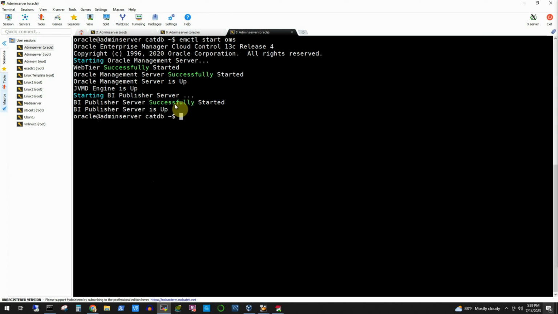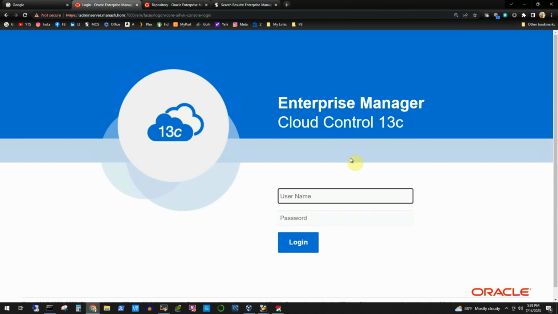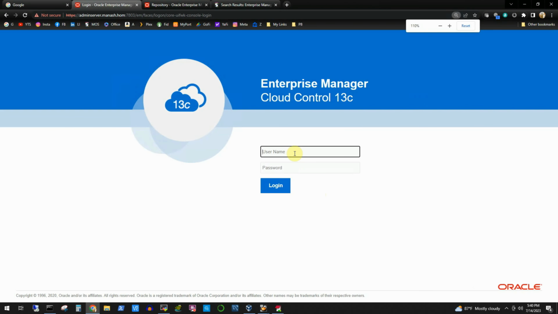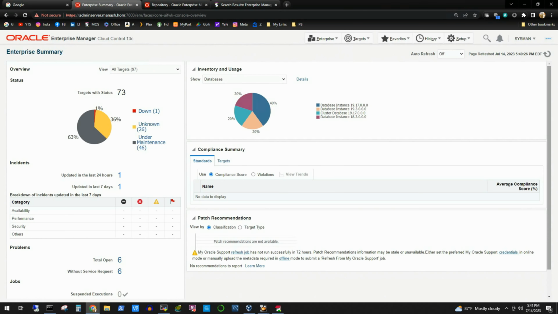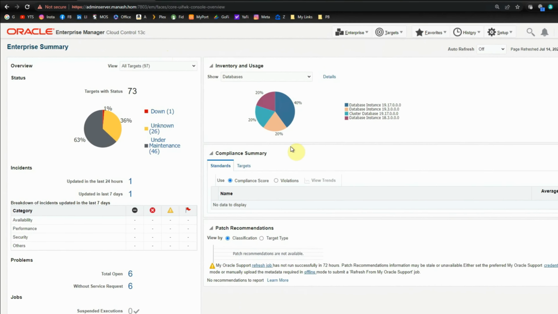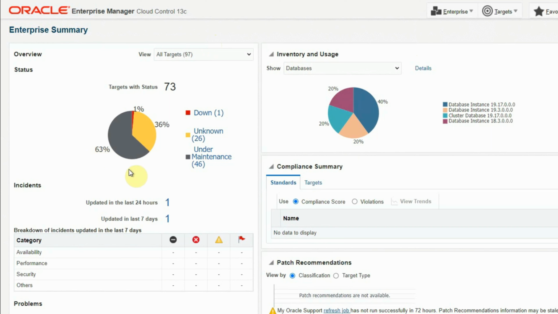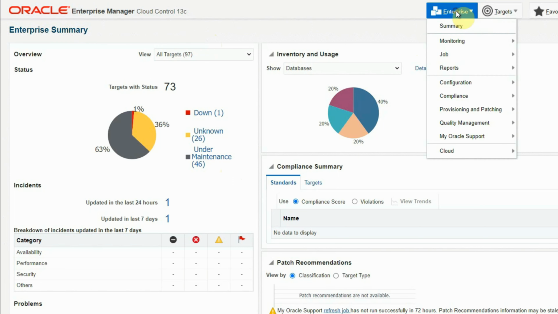So now we will go back to the OEM console and we will log in back as sysman user. And in the summary page, we can see that 63% of the targets are shown as under maintenance. It is because we issued a blackout which is running indefinitely. Now we'll have to go back and stop the blackout first. To do that, we will go to Enterprise, Monitoring, Blackouts,